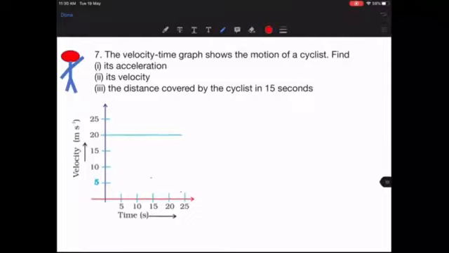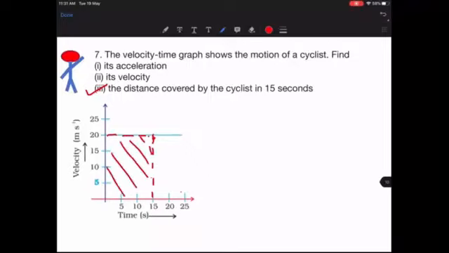So again, it's a velocity time graph. So velocity time graph, again, the area will give you the distance. Okay. So you can first calculate the distance. This third part is absolutely easy. Till 15 seconds, what is going to be the distance? Look, where is 15 seconds? This is 15 seconds. So you have to go up like this and touch this line. So you will be getting a rectangle. So what you have to do is just calculate the area of this rectangle. If you calculate the area, you will be getting the distance till 15 seconds.